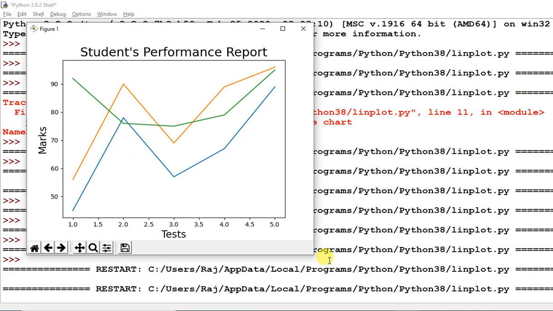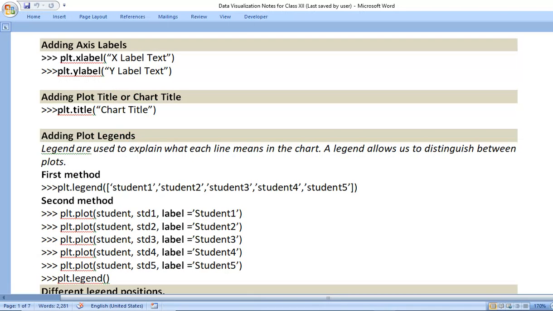Okay, so in this way you can change the parameters of your chart. This is the x label, y label, and this is the chart title. Now move to the next topic.